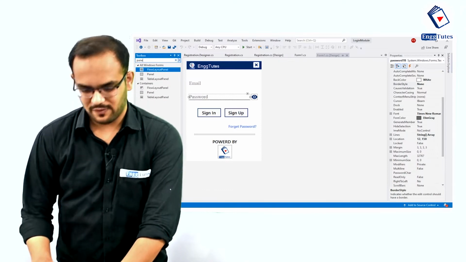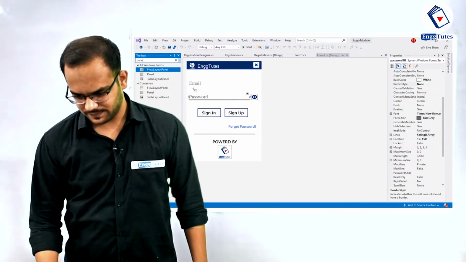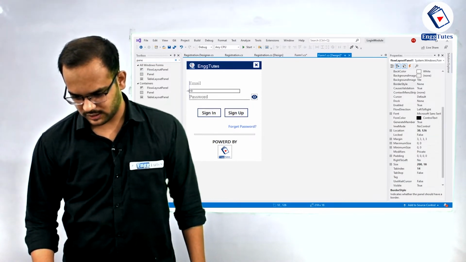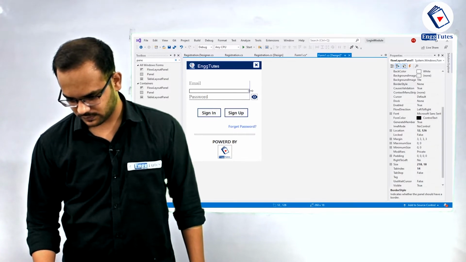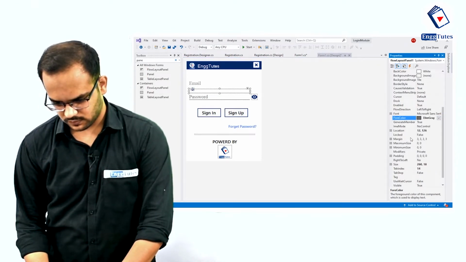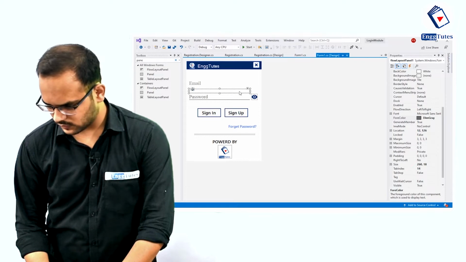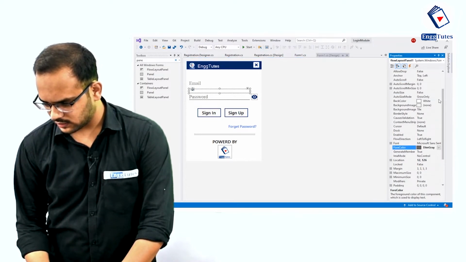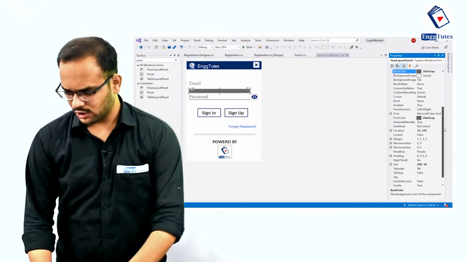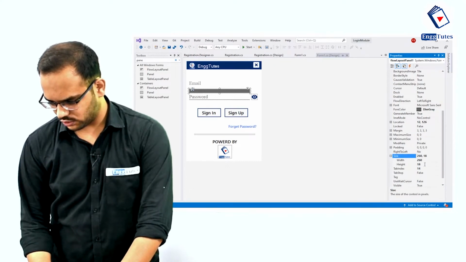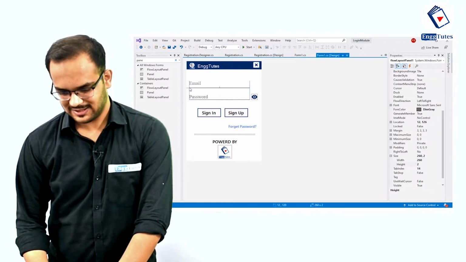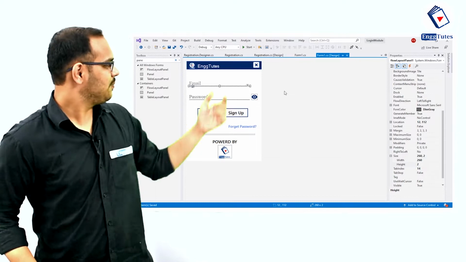So we have a panel, right? So just drag the panel, and just set the panel width as the text box. Set its back color to dim gray. Now just shrink its height to a very small value, and I think I have used 2. Yes, so it will look like a line, and just set it just below the text box.